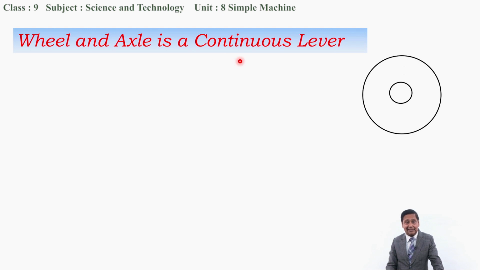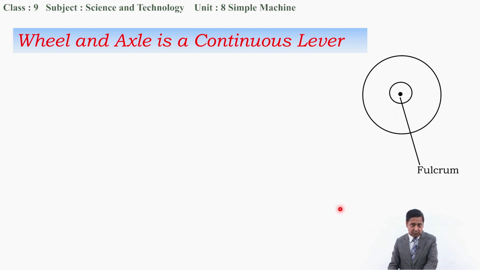Wheel and axle is a continuous lever. How does it become a lever? This is the wheel and axle. If we see a wheel and axle from the side, then it appears like this. This is the wheel, this is the axle, and we have a common center for both the wheel and axle. If we compare this wheel and axle with a lever, we can recognize this point as the fulcrum because